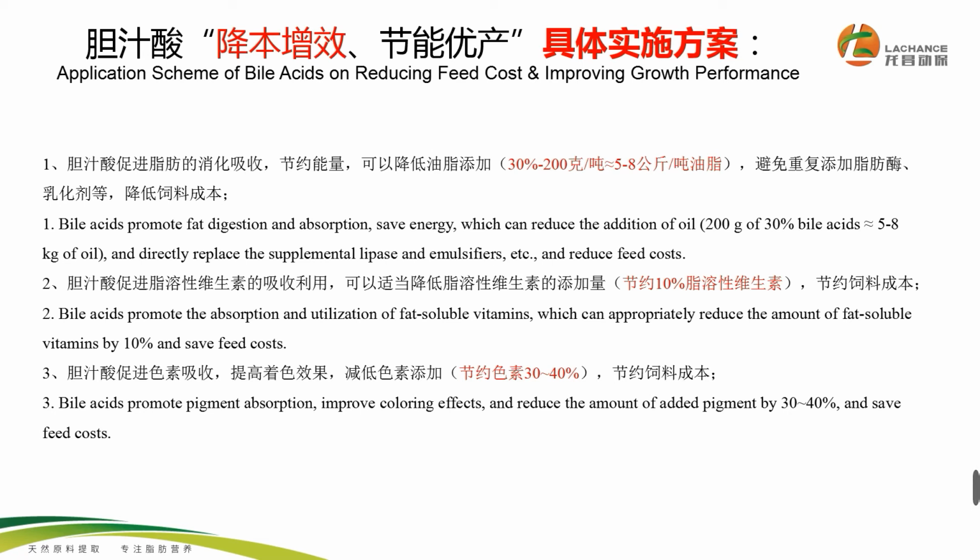The first, bile acids promote fat digestion and absorption, save energy, which can reduce addition of oil. 200 grams of 30% bile acids is the same as 5 to 8 kilogram of oil